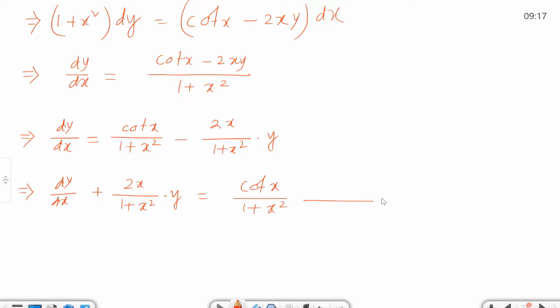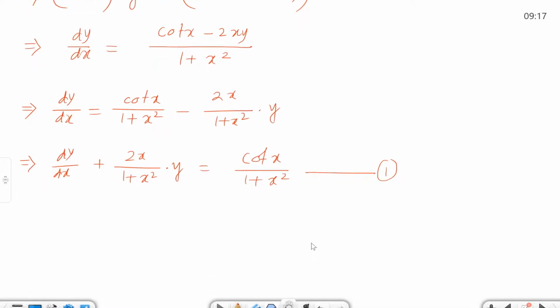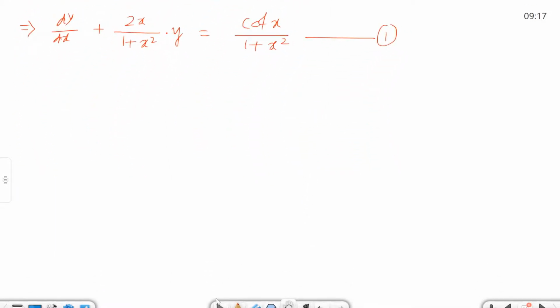Now you see this is a standard linear differential equation in y. Write down that this is a linear differential equation in y. You understood, surely. Now we have to determine the IF, therefore IF is equal to,